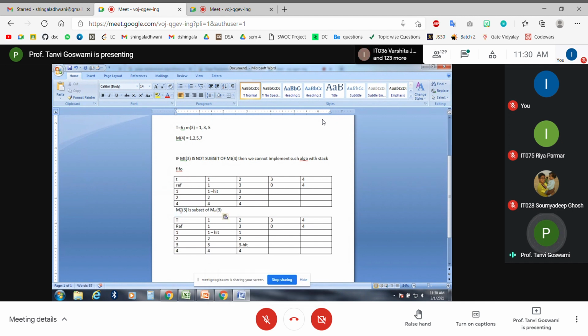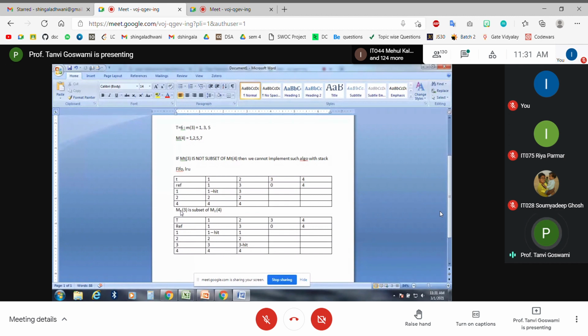तो ये हमको चेक करते रहना है. जब ये कंडीशन फॉल्स होगी, उस कंडीशन पे वो पर्टिकुलर एल्गोरिदम को स्टैक का यूज करके इंप्लीमेंट नहीं कर सकते. We are looking at the implementation aspect. So whenever this condition is false, at that time you need to identify whether we can implement the algorithm with stack or not. Okay, we have to check for both the algorithms, that is FIFO and LRU.